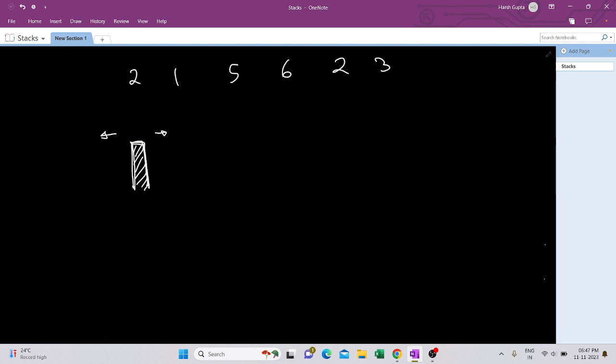If I am taking this bar, then if I take the bars from the right, the height of the bars to the right of this bar should be at least 2. If it is less than 2, for example this is 1, this is of height 1, then I can't take this bar. And if I can't take this bar, I can't take any bar to the right of it, so my taking bars to the right ends over here. Similarly, to the left of 2, there is no bar, so I can't take any bar. So if I take this bar completely, I can take only this bar of size 2. Now if I say that I am taking this bar of height 1 completely,